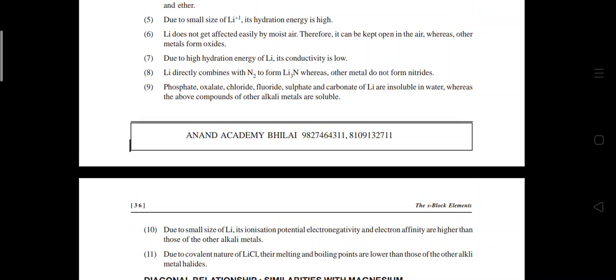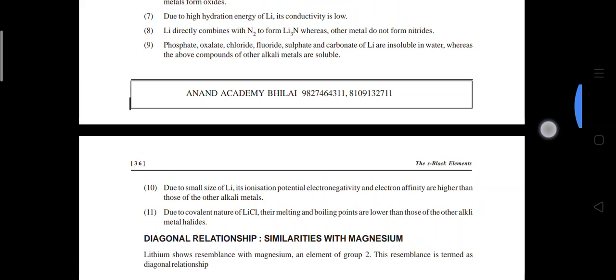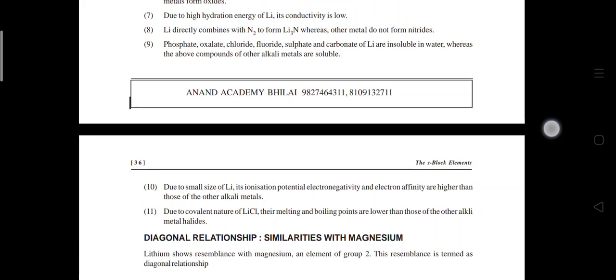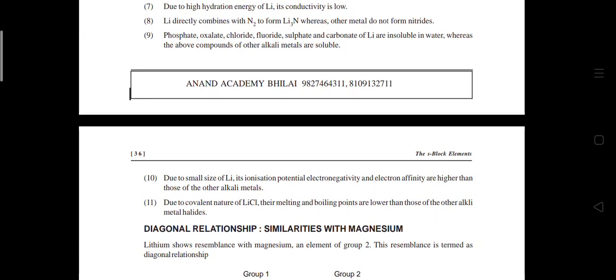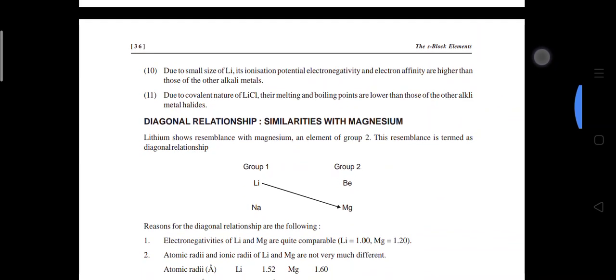Due to high hydration energy of lithium, its conductivity is low. Lithium directly combines with nitrogen to form lithium nitride, whereas other metals do not form nitrides. Phosphate, oxalate, chloride, bromide, sulfate, and carbonate of lithium are insoluble in water, whereas the above compounds of other alkali metals are soluble. Due to small size of lithium, its ionization potential, electronegativity, and electron affinity are higher than those